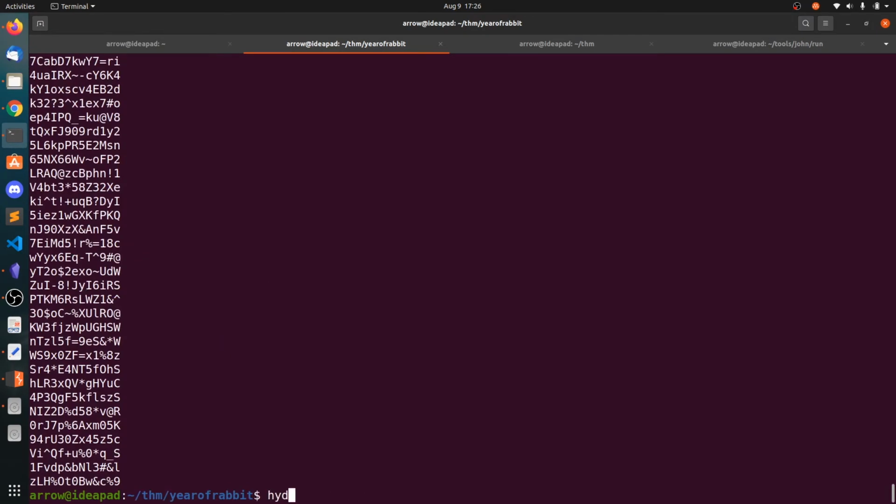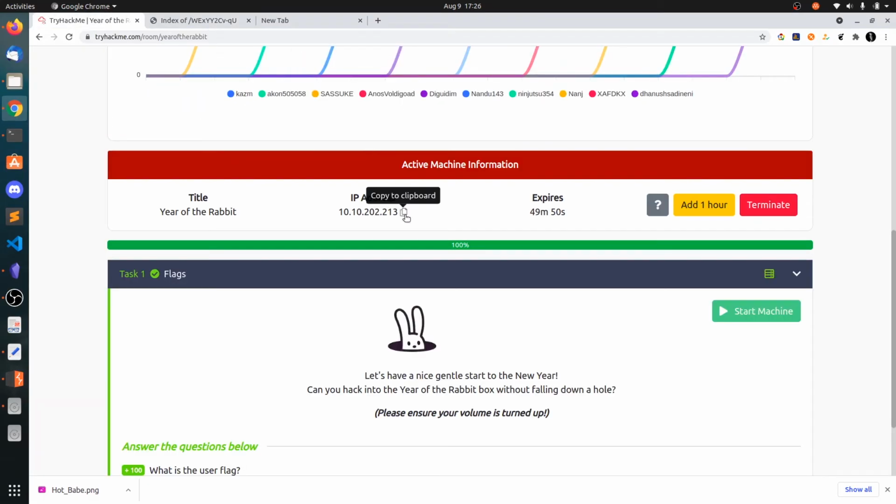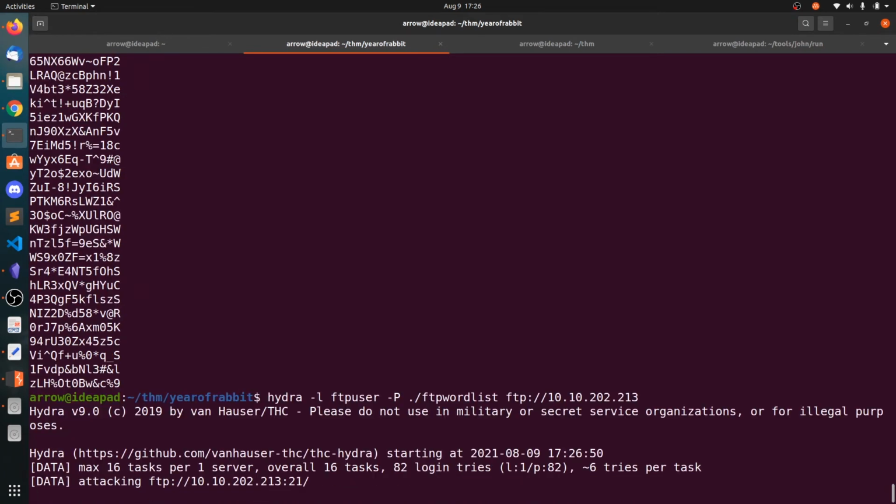So we can now use Hydra. Username is ftpuser and the password is taken from the FTP wordlist, and ftp://, the IP address of the machine, that is this one. Now run this and you should get the password.